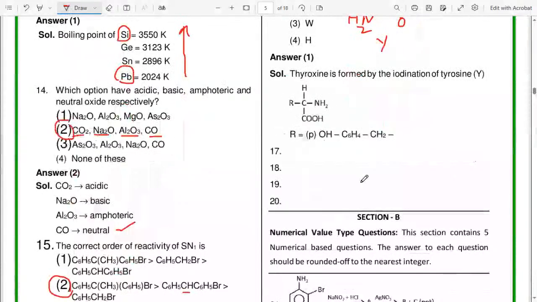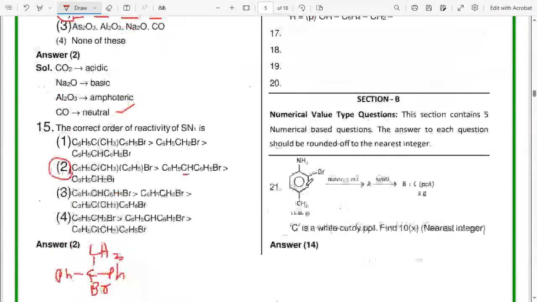Next, dear students, as I said, this question paper is based on memory based questions. So some of the questions were not obtained, that is why questions 17, 18, 19, 20 were kept blank. Next, question number